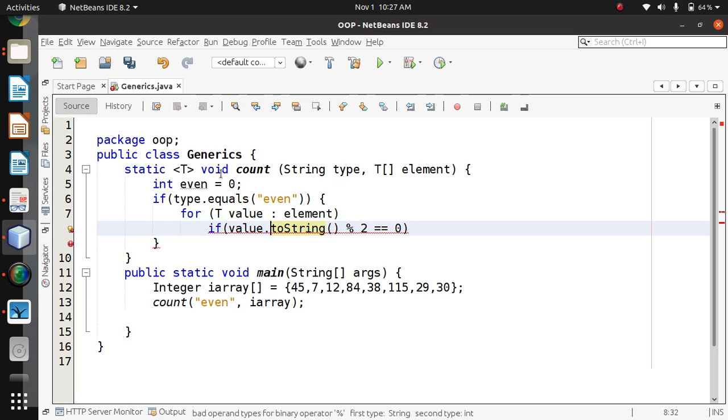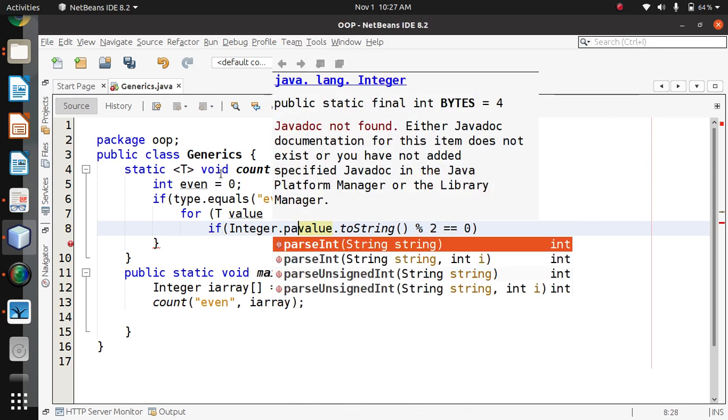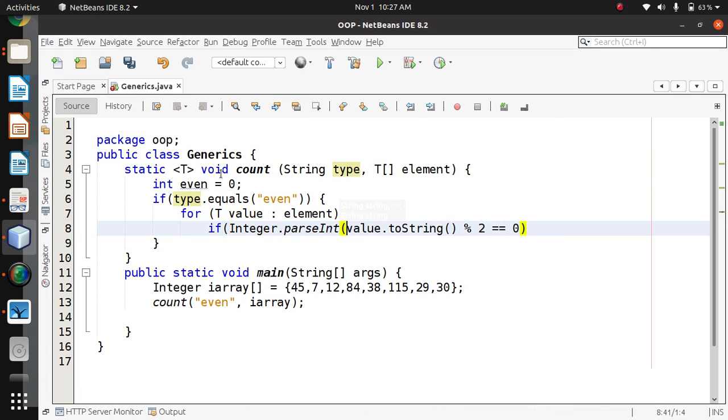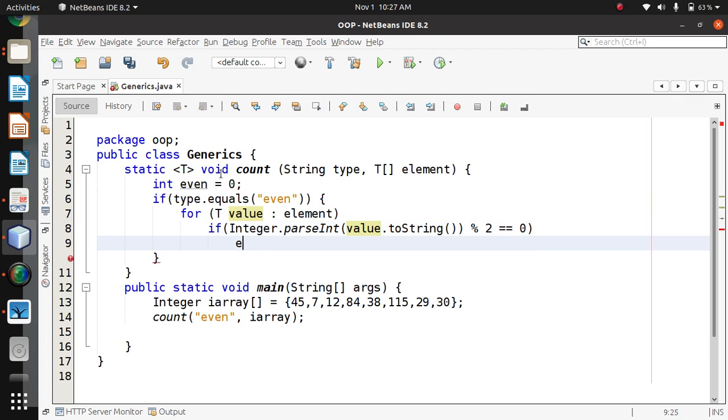So what we will do, string to integer conversion will be done. Integer dot parseInt, then the value will be converted to it, and then if it is equal to the respective number, we'll just have one variable like even plus plus.